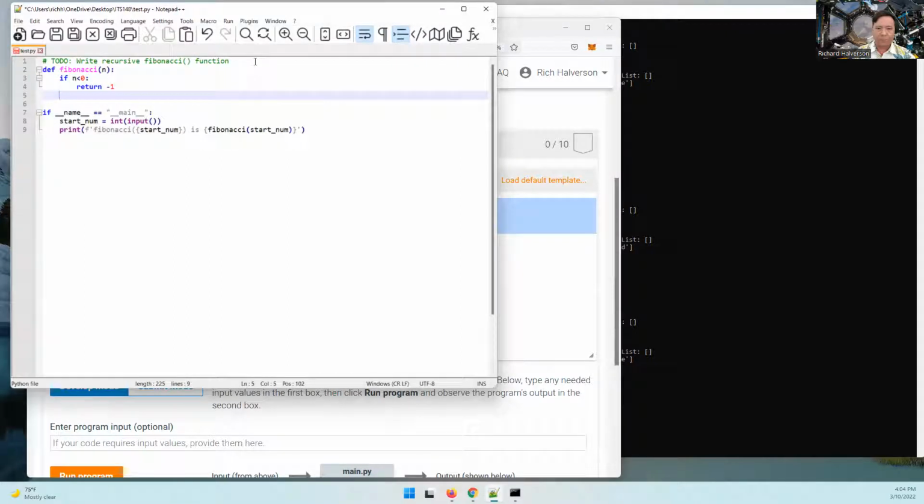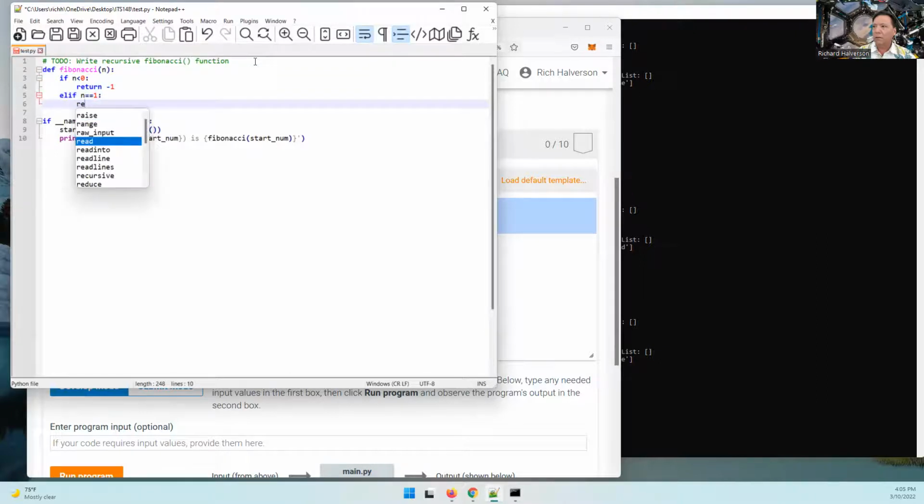Otherwise, if n is equal to 1, then return 1. Otherwise,